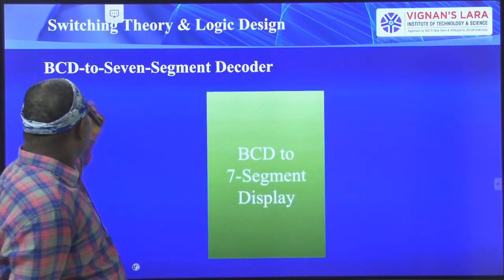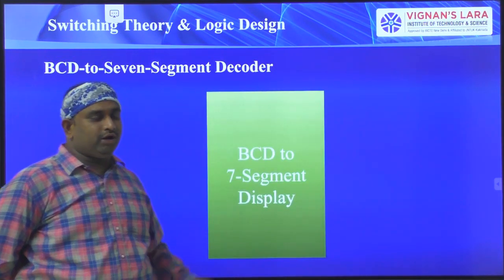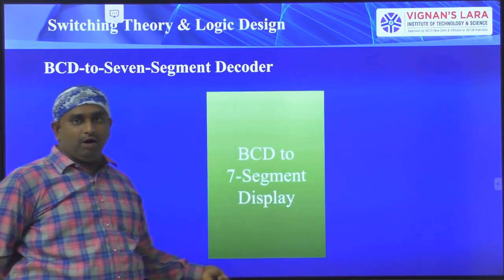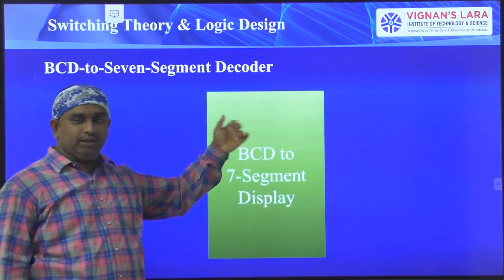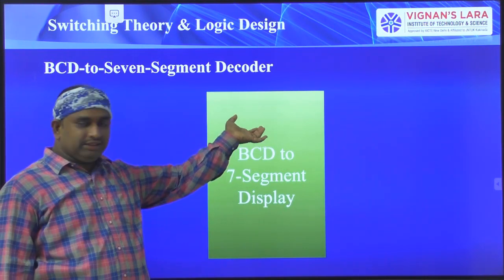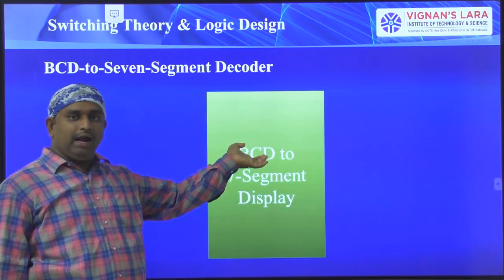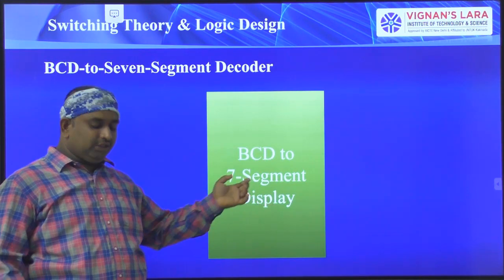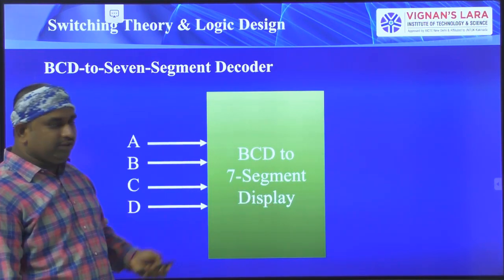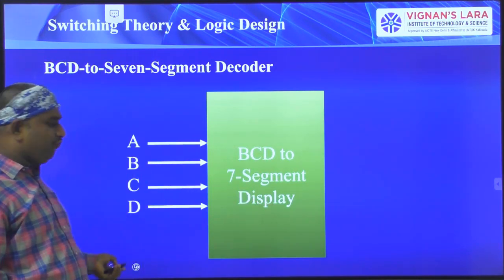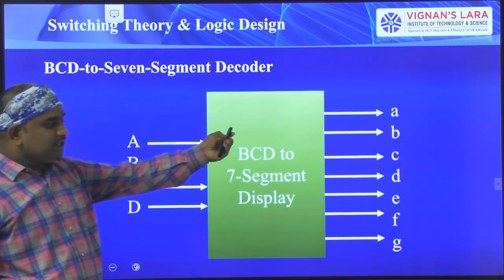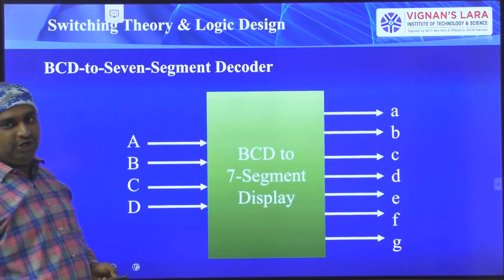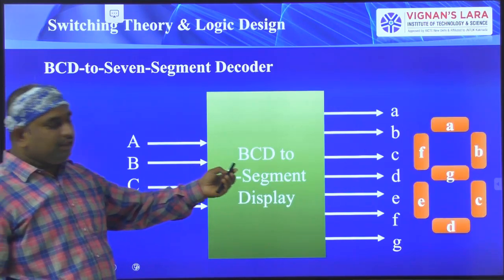Next, we are representing the BCD to 7 segment decoder like this. So I have drawn a box. In this box, I have the A circuit. In the previous slide, we have drawn the A circuit. That A circuit is available in this block, and B, C, D, E, F, G. These all circuits are available in this block. So see here, totally I have 4 inputs for this BCD to 7 segment display, and I have 7 outputs, small a, b, c, d, e, f, g, and finally these are the outputs.